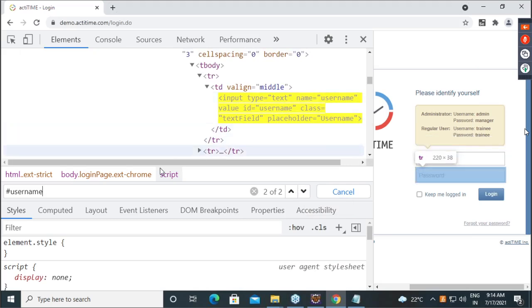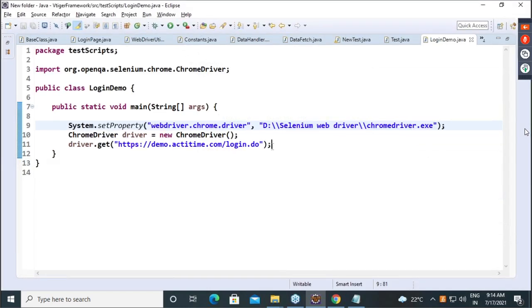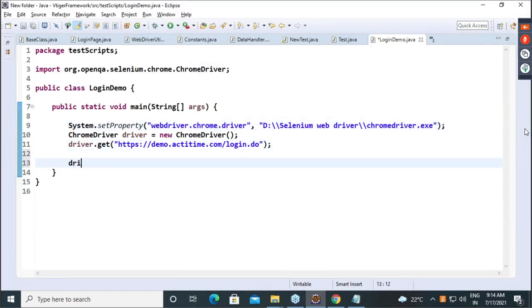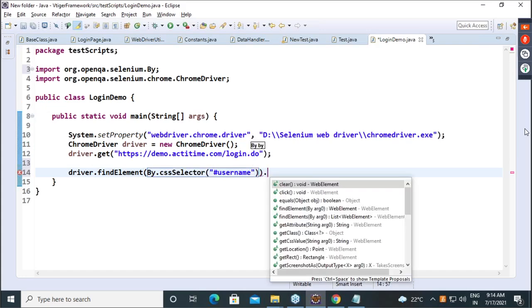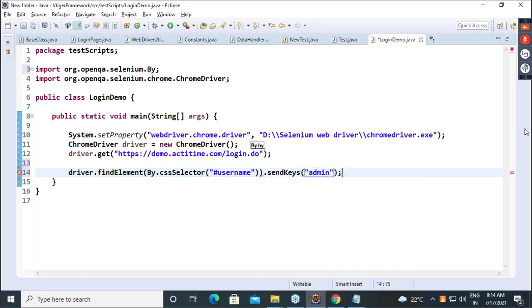Let's cross check whether it is working or not. So what I am giving? Hash username. Driver dot find element by dot CSS selector, and here I will give hash username dot send keys of admin.